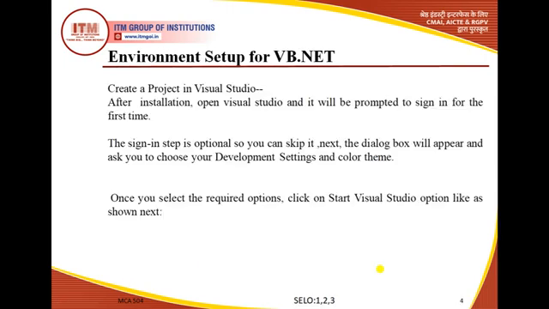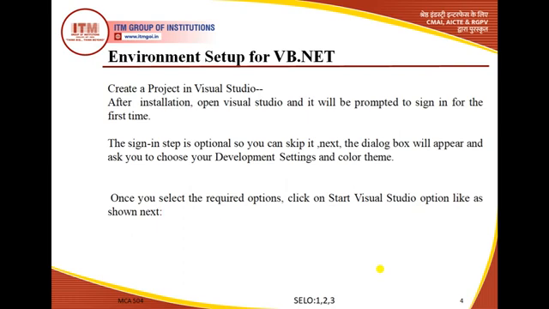So students, you must have understood that this is just the beginning, of how we approach a VB.NET environment. First of all, we just have to download it properly. Then, to create a project in Visual Studio, the first step after installation is that it will ask for signing in.